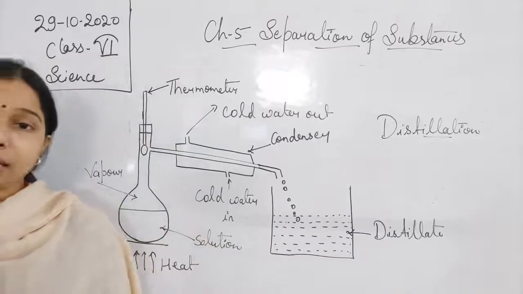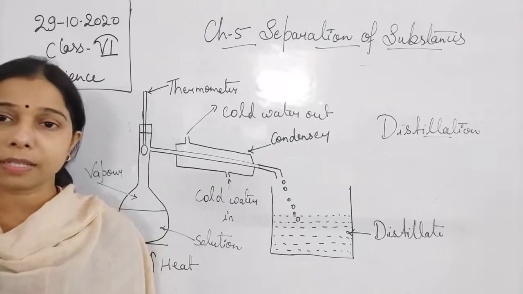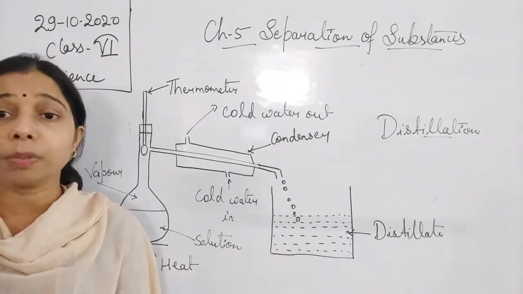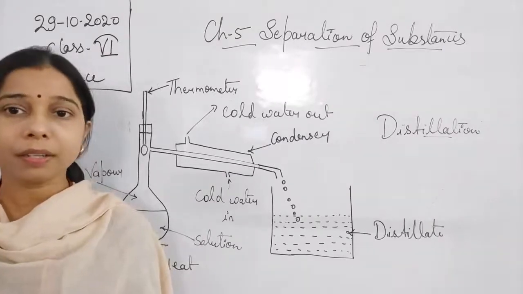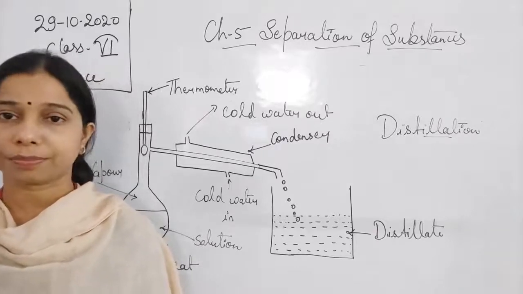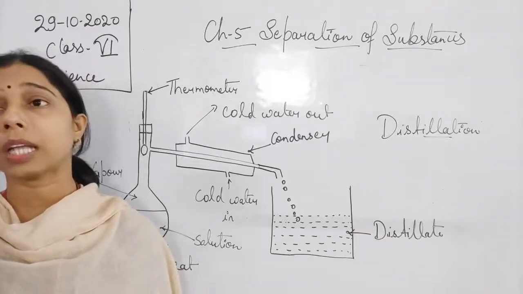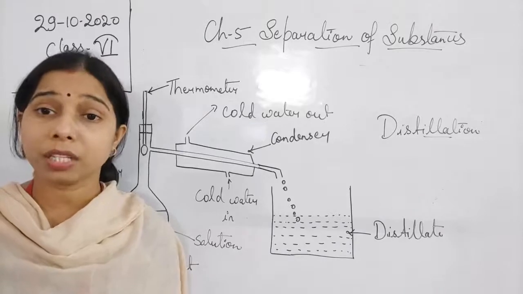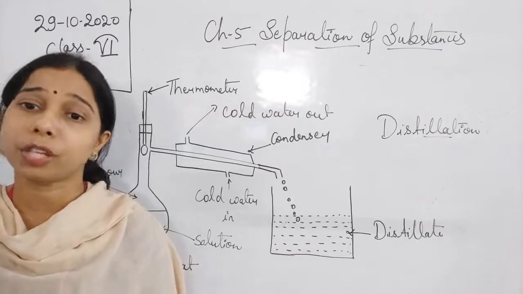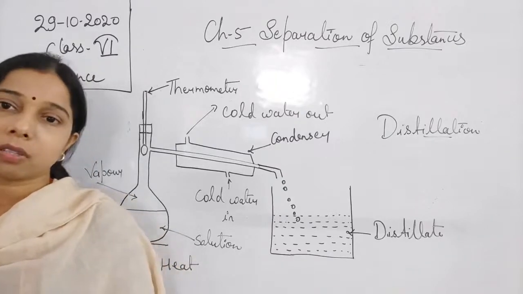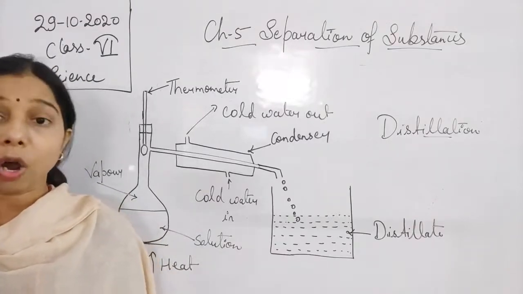So we can say that the process of evaporation can be used in separating soluble substances, that is, a soluble solid which gets easily dissolved in water, from the liquid. This is the first thing about evaporation. One more very important thing is that we can extract salt from sea water by the process of evaporation only. With the help of evaporation, the separation of salt can be done easily on a large scale.